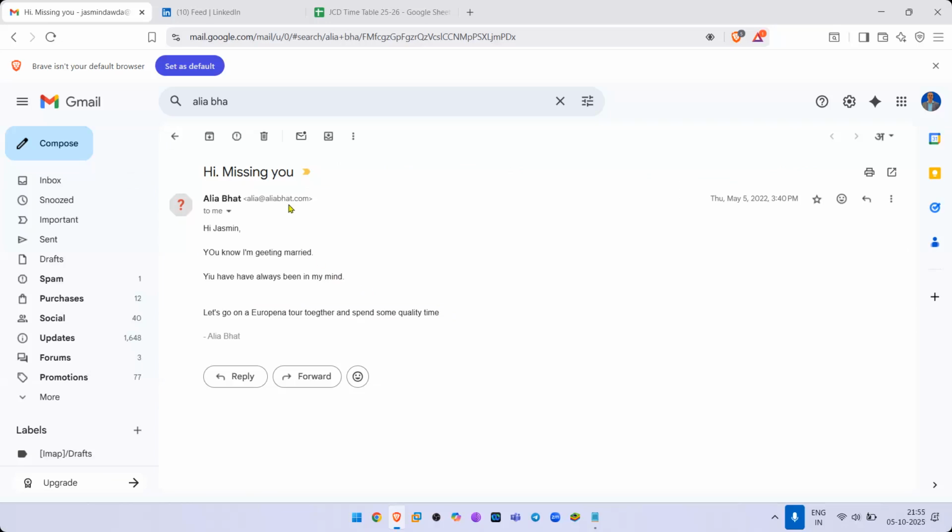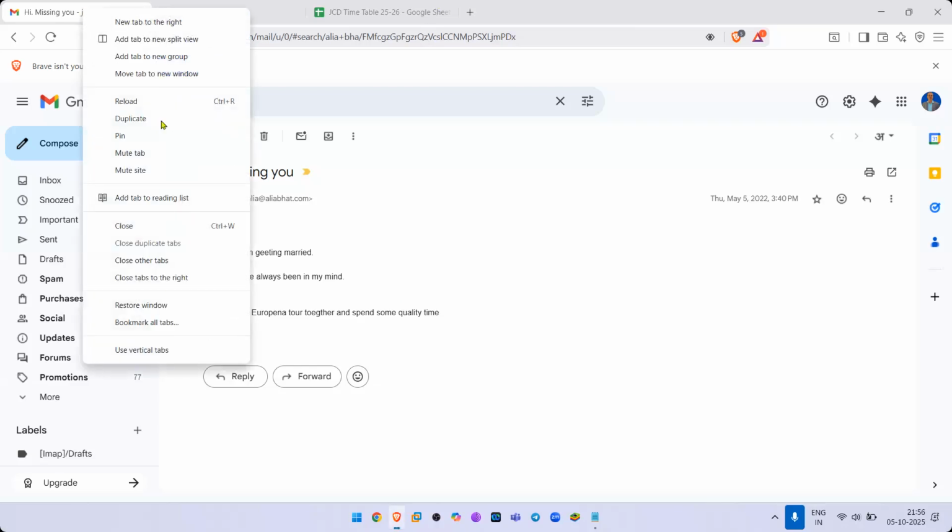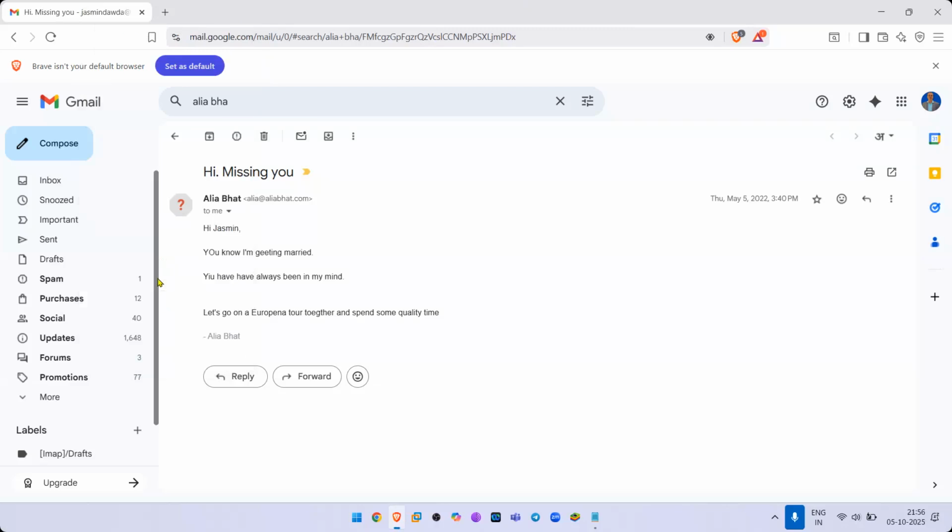The email is coming from alia@aliabhatt.com. Isn't that superb? Of course, you know there are spelling mistakes here. The spelling mistakes suggest that this is probably the wrong person. But how do I verify whether this is Alia Bhatt or somebody else? Please pay careful attention, guys, so that I do not have to repeat. Once again, I'm telling you how to check, how to trace the emails.